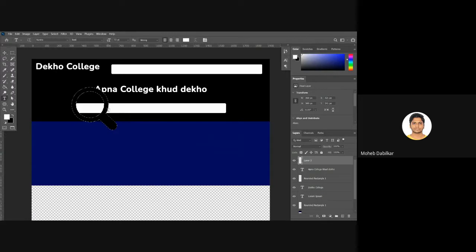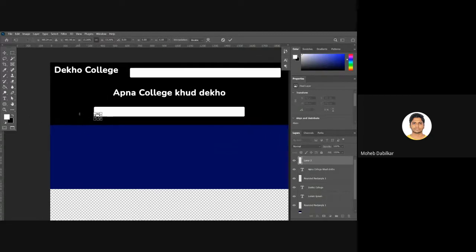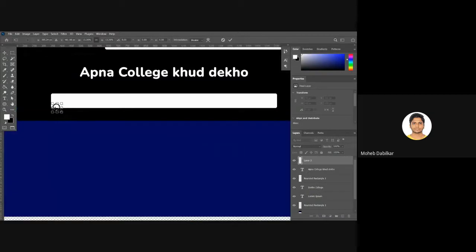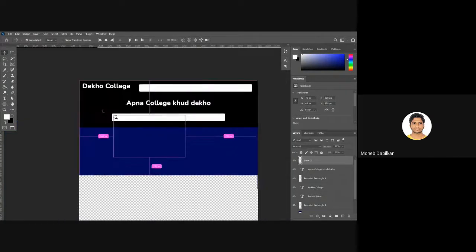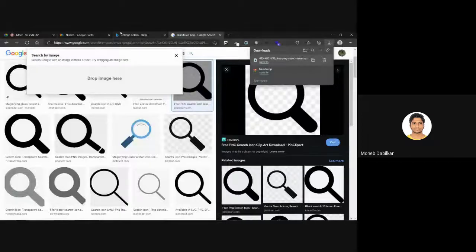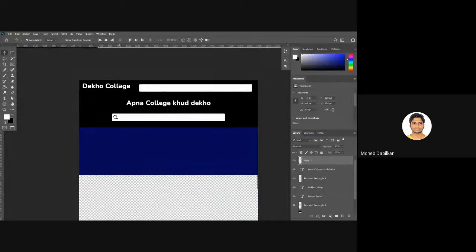Control T for transform, and make it smaller, more smaller. Okay, so this is going to be our initial design. Okay, so this is one thing.